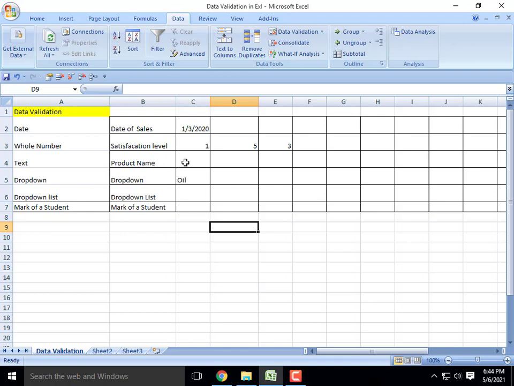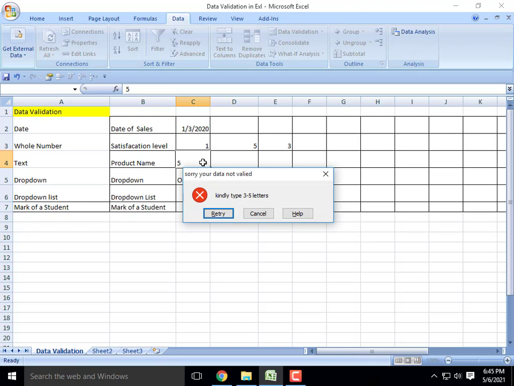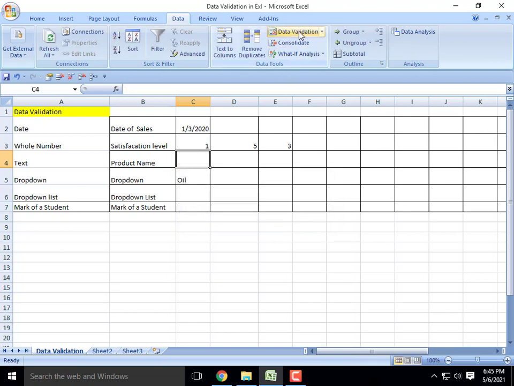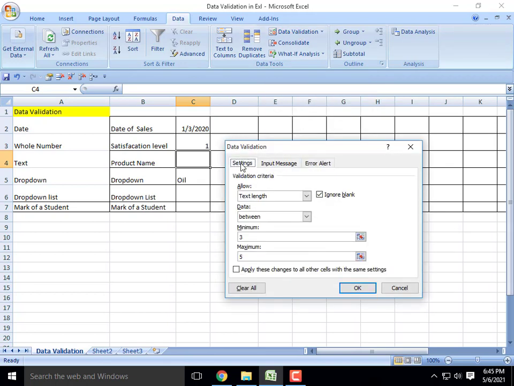The next one is text. Here I want to type text only. If I give any numbers, it won't accept; only text is allowed. For that, go to Data Validation settings. Here I set a minimum of 3 letters and a maximum of 5 letters.